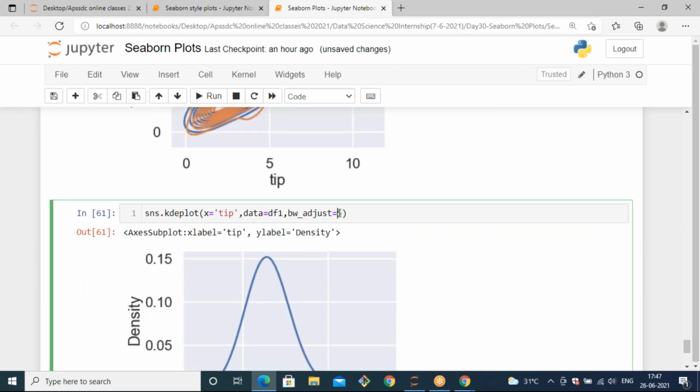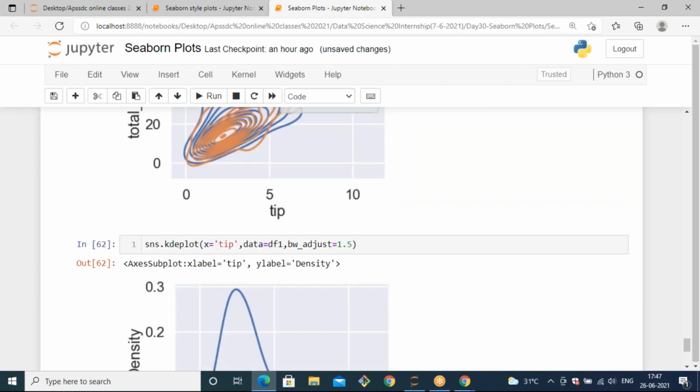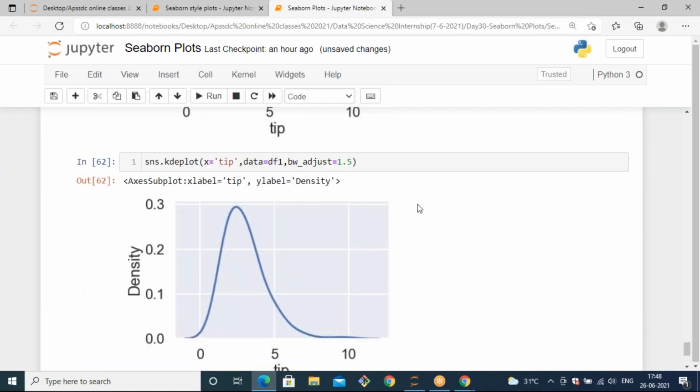Or else you can reduce it also. When you specify less bandwidth as a parameter, the data will have less smoothness.